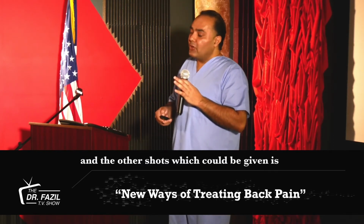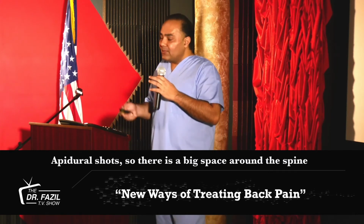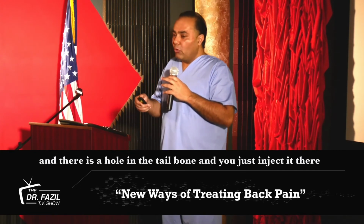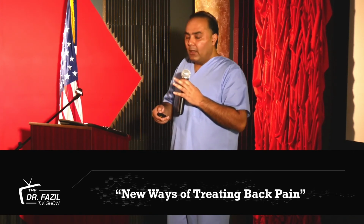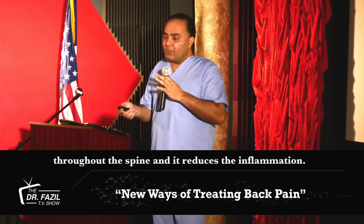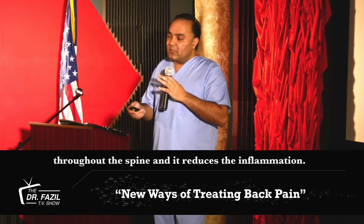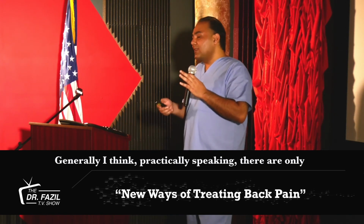The other shots which could be given are epidural shots. There's a big space around the spine, and there's a hole in the tailbone, and you just inject it there. That medication, like cortisone, spreads throughout the spine, and it reduces the inflammation. So generally, I think, practically speaking, there are only two kinds